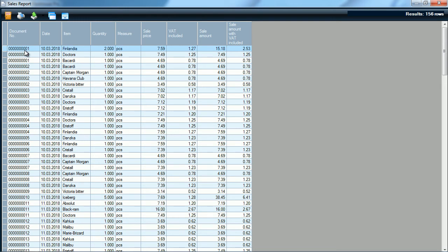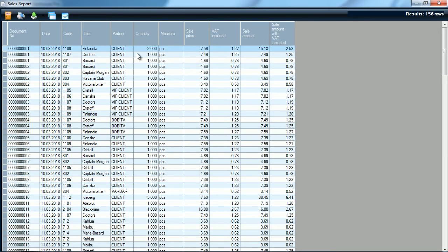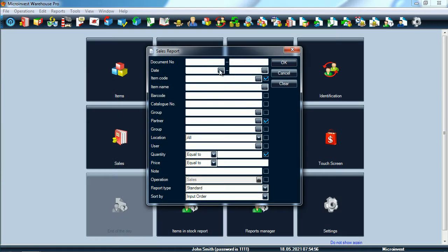Now we add new columns, code, and one more, the customer. Again, from the previous screen, we can add the new column, code, and the partner of the operation, which is our customer. When we execute the report again, we will see the new column partner, which is our customer, and the new column code, which is the code of the item. So to add any new column, you just need to switch it on, or if you want to remove it,